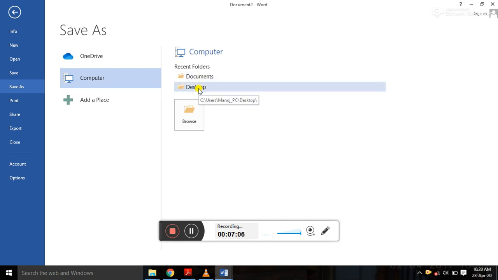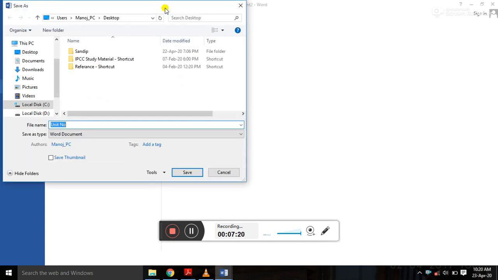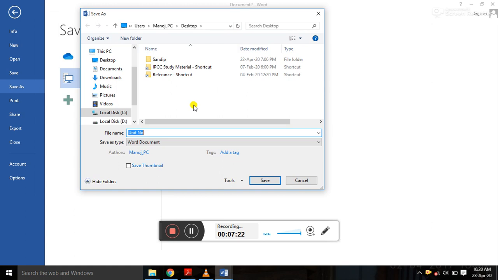Now see student, both the folders are already there in our computer system. Now I am saving this file on the desktop. Click on Desktop. Once you click on Desktop, a pop-up window will open. Now see, here is the name of the file, edit it here like as